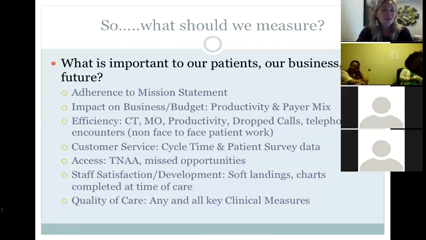Okay, so there's several things you want to think about when you create your dashboard. First of all, what's your mission statement? What's your bottom line? Is there any impact on budget, productivity, payer mix that you have to pay attention to? What kinds of efficiency metrics do you need to pay attention to in terms of phone stuff, messages, non-visit encounters, drop calls, productivity, customer service, patient and staff satisfaction, access metrics, as well as clinical